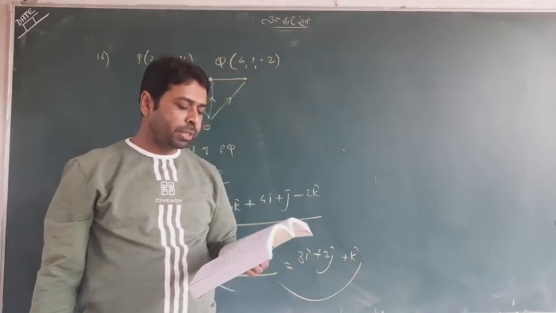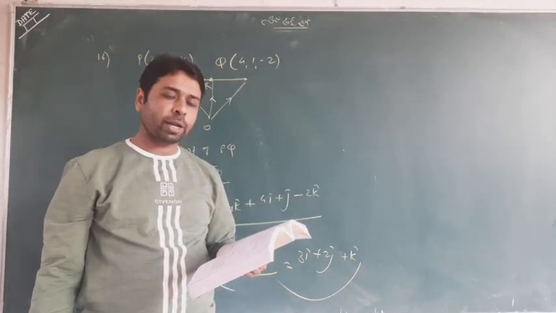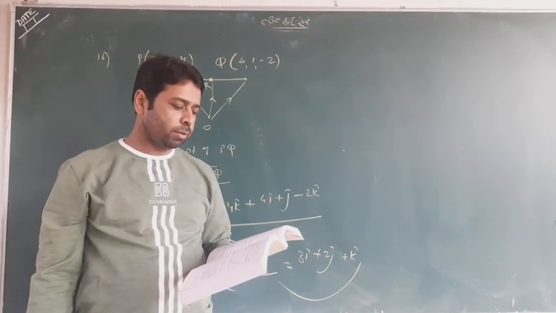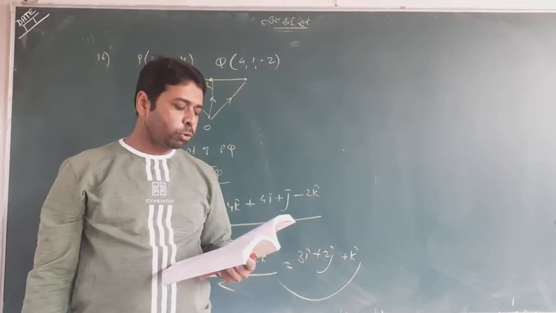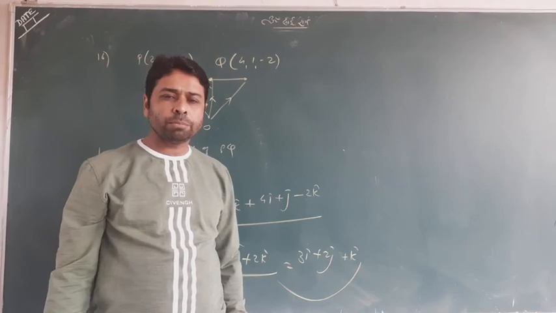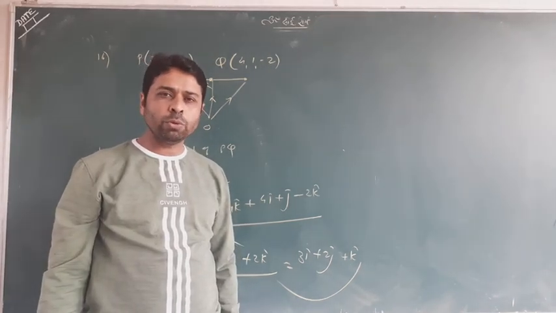Show that points A, B, C are the vertices of a right angle triangle. I taught you this question yesterday. You remember that I taught this in an example. So, students, this is the exercise from my side only. Many questions, even 80% of the questions, I have taught you.